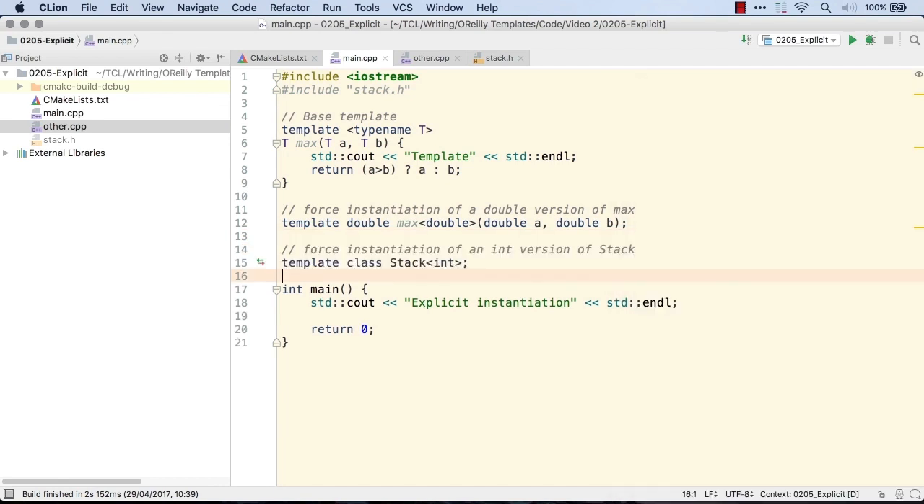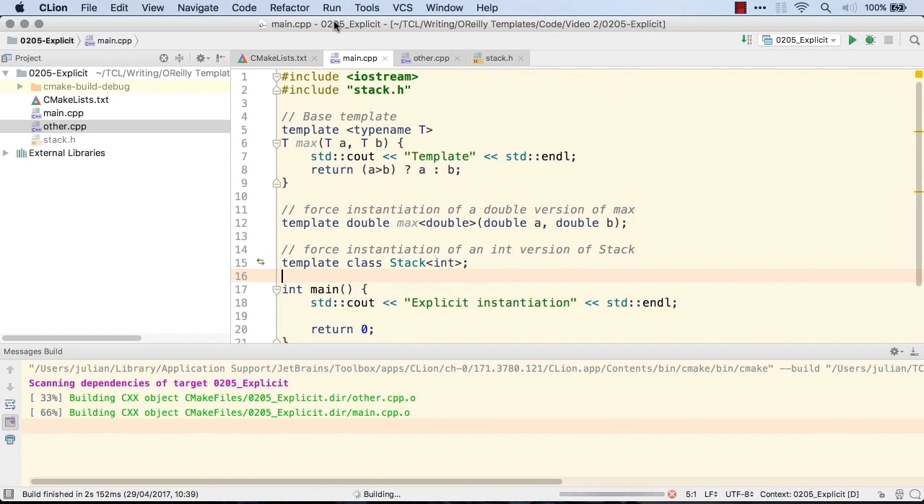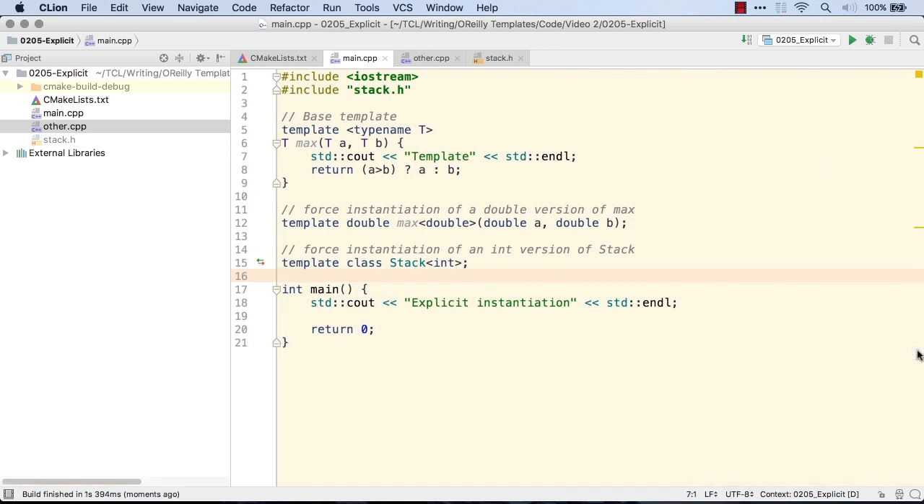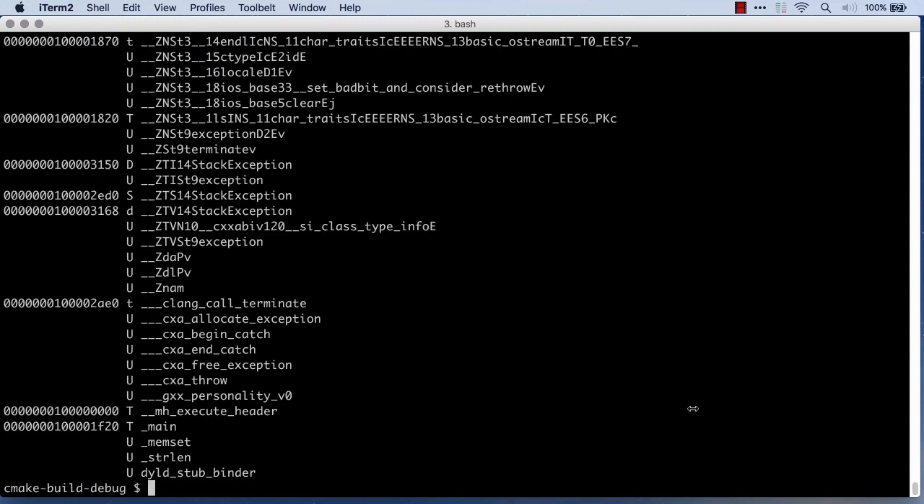In the same way, I can force an instantiation of stack. Here I'm telling the compiler to create a stack of int at this point. Let's build the code. Just notice that I'm not using these things that I've instantiated anywhere in the code so far. If I switch to terminal and I run nm on the binary that I've just built, we can see